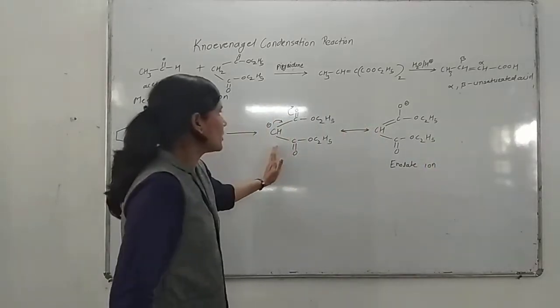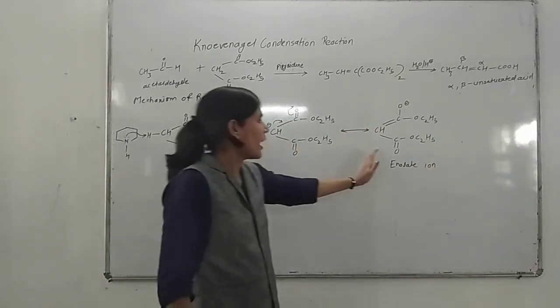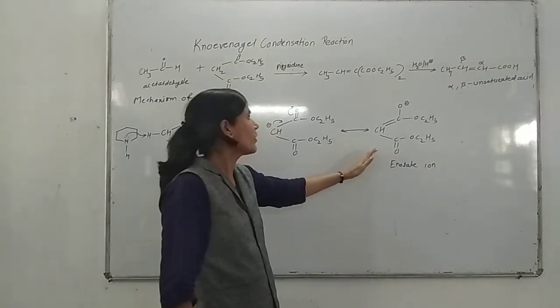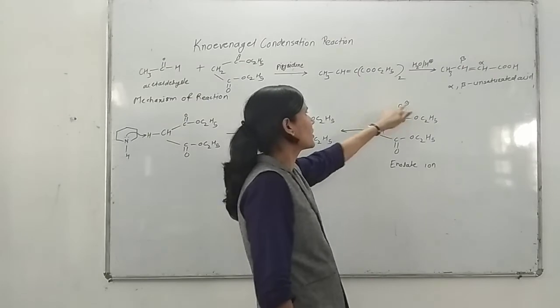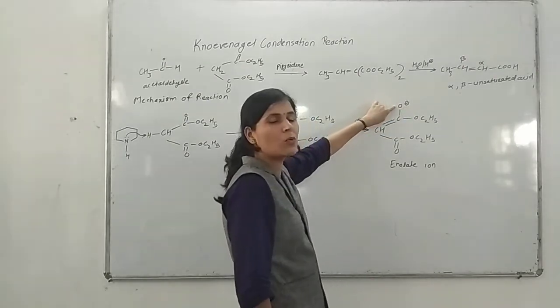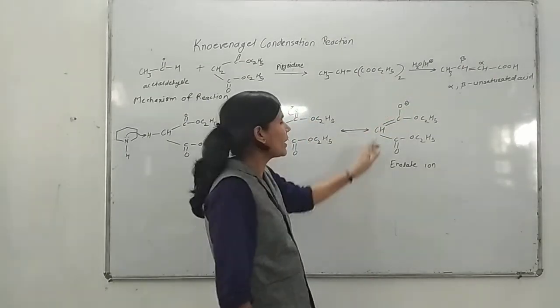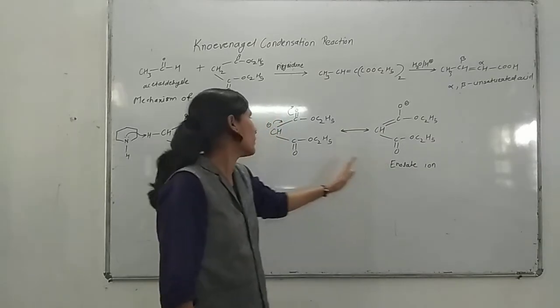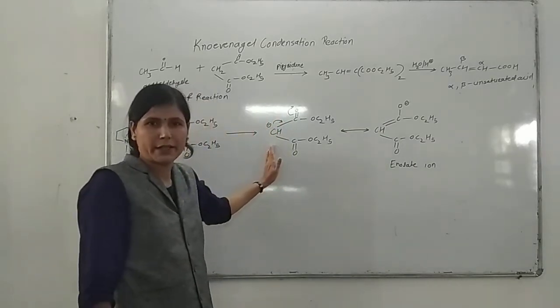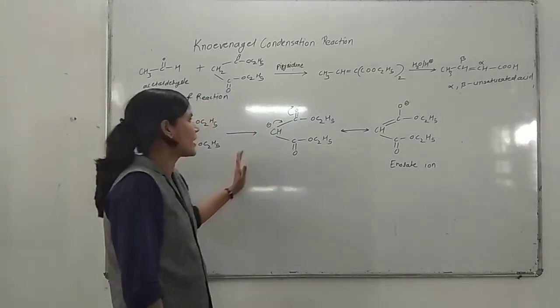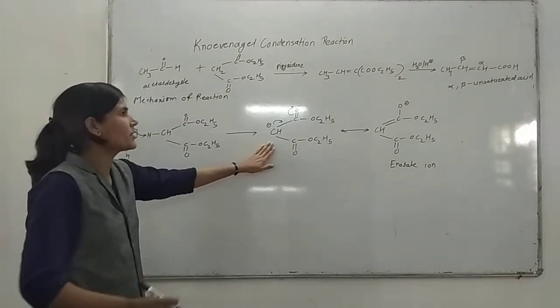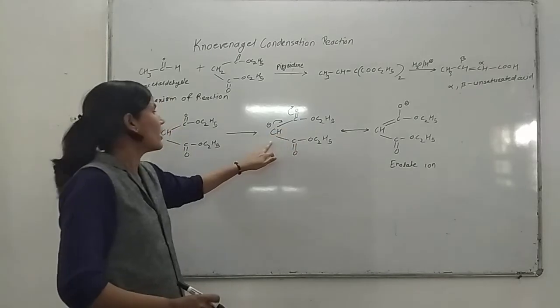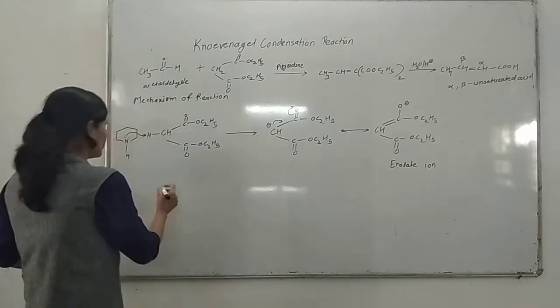In this carbanion and enolate ion, the enolate ion is more stable because the negative charge is present on the electronegative oxygen atom. So that's why the enolate ion is more stable as compared to this carbanion. Now what happens in the next step? In the next step, this carbanion, that is malonyl ester anion,